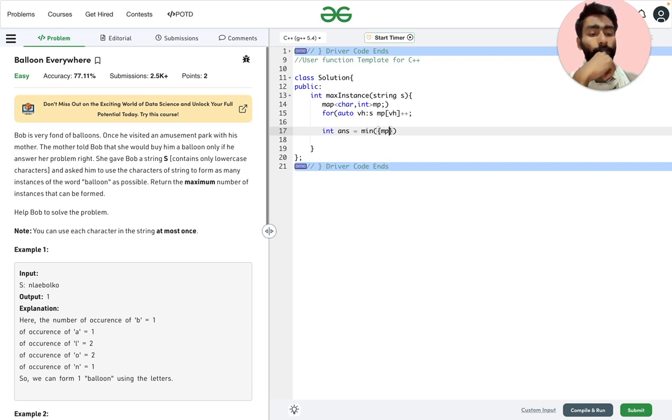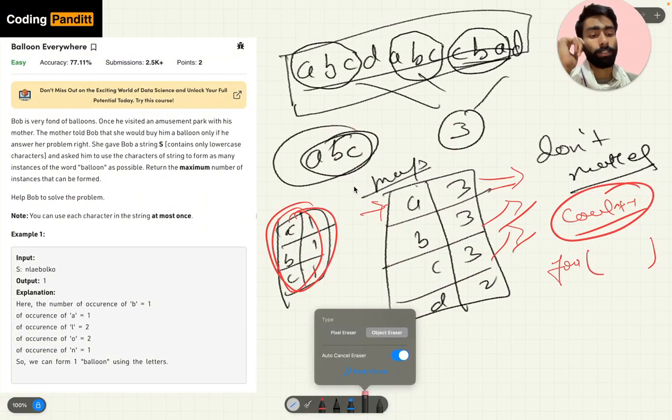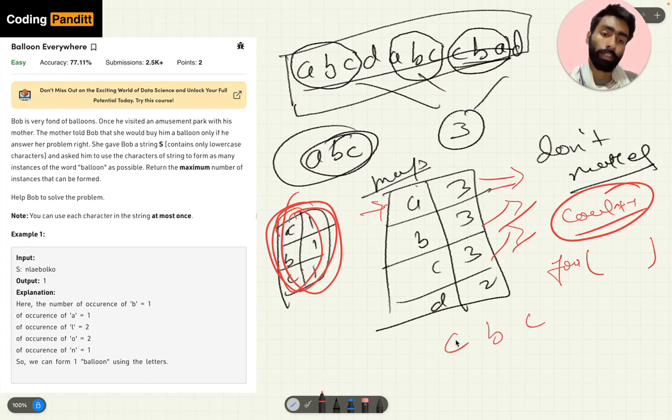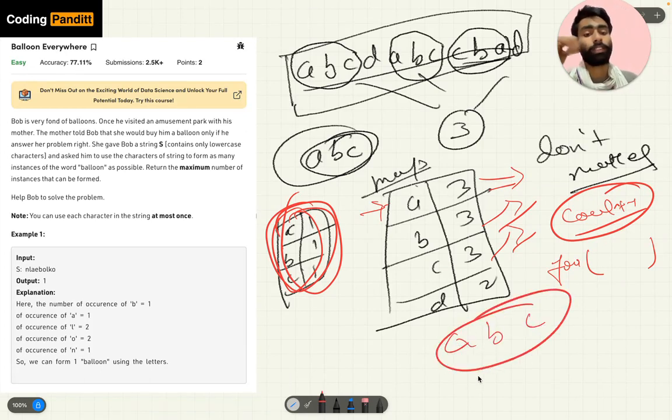So what we can do is have the minimum number. In this case, if we check on all of this, C, B, A, B, C, which one is minimum? Let us check the minimum.